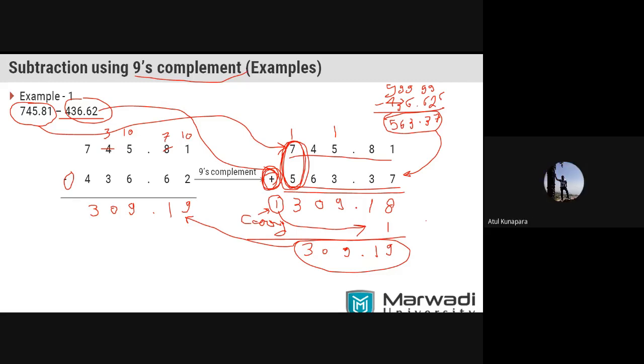Okay, that's fine. So please take a note here that when you are performing the subtraction using 9's complement form, the process is you need to convert the number which is to be subtracted into the 9's complement form, and then you have to add those numbers, and after addition at the last MSB bit, if you are getting a carry, then you have to add that carry to the given answer, and then the final answer will be generated. That is your answer. Okay, now let's take another example.